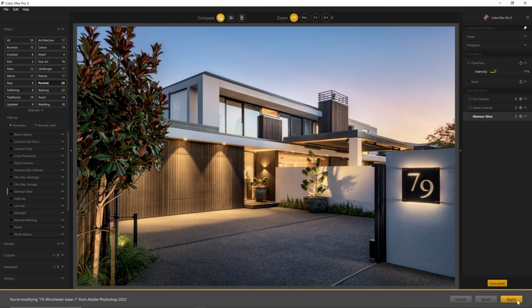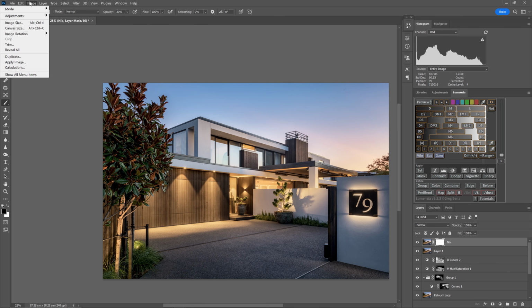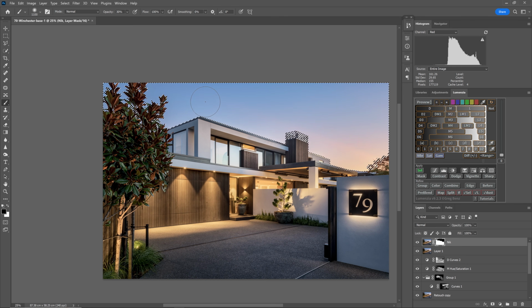This overall effect is probably a little bit too strong for me, but if we click apply, the cool thing is we now have this available to us on a separate layer, so we can do a couple of things. We could reduce the opacity so that we can say, hey, look, we like that effect, just want 43% of it. Or we can be more specific with our masking. So for example, if we had it set to 100% and we added a mask to that, we could try selecting the subject. And Photoshop hasn't done a great job of that. So instead what I'm going to do is actually select the sky and press Alt Delete so that I'm removing